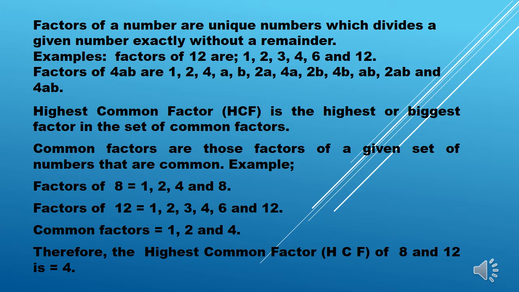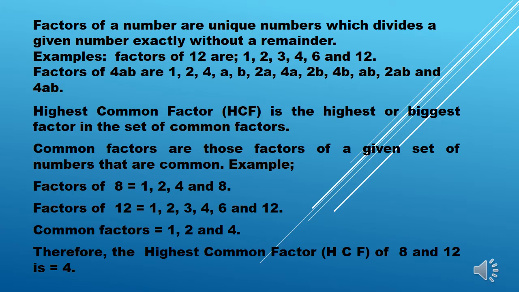Now, to get our common factors, we take a close look at all the factors. Which numbers appear in both? Those are common factors. If you look closely, you observe that the number 1 appears in both